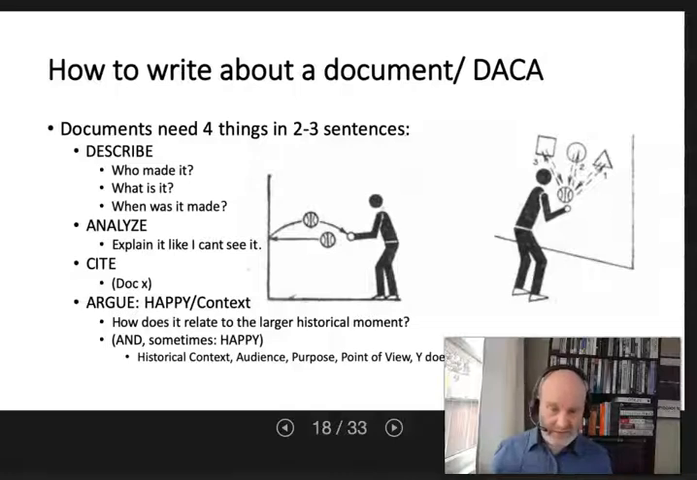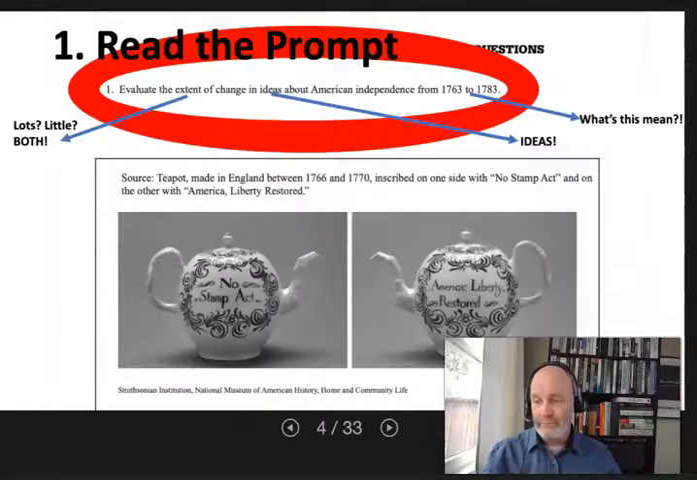Then you do your argument. Now it's time to do your dance. Are you going to give context? Like back to here again. This pot needs to be understood as directly reflecting the Stamp Act, which was passed, and what did it do? Which was repealed 1 year after its proposition. So that's context, or I could argue,